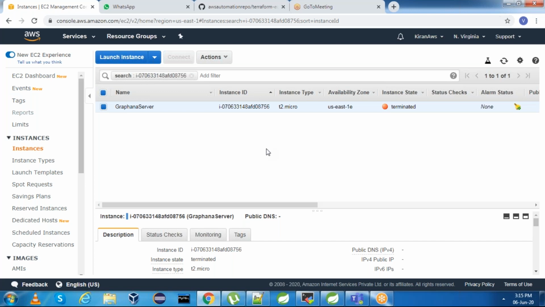In this session, we are going to see how to use Terraform to provision an EC2 instance. Terraform is a tool for developing, changing, and versioning infrastructure safely and efficiently. Terraform can manage existing and popular service providers as well as custom in-house solutions. One important reason people consider Terraform is to manage their infrastructure as code.